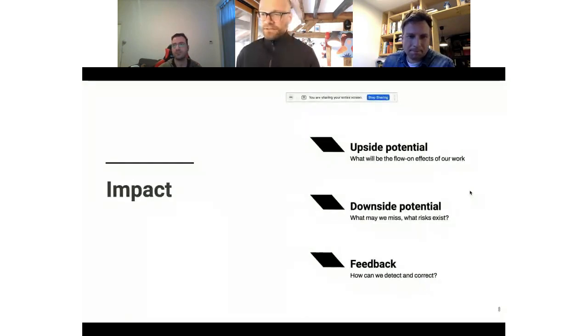The next thing that we'll have to think about is impact. And this is about the impact and the upside potential and downside potential. When we talk about upside and downside potential, we're talking about what happens if everything goes well, what will be the flow-on effects of our work? How will this improve livelihoods, make people's situation better, all of those things that we work for, respond to